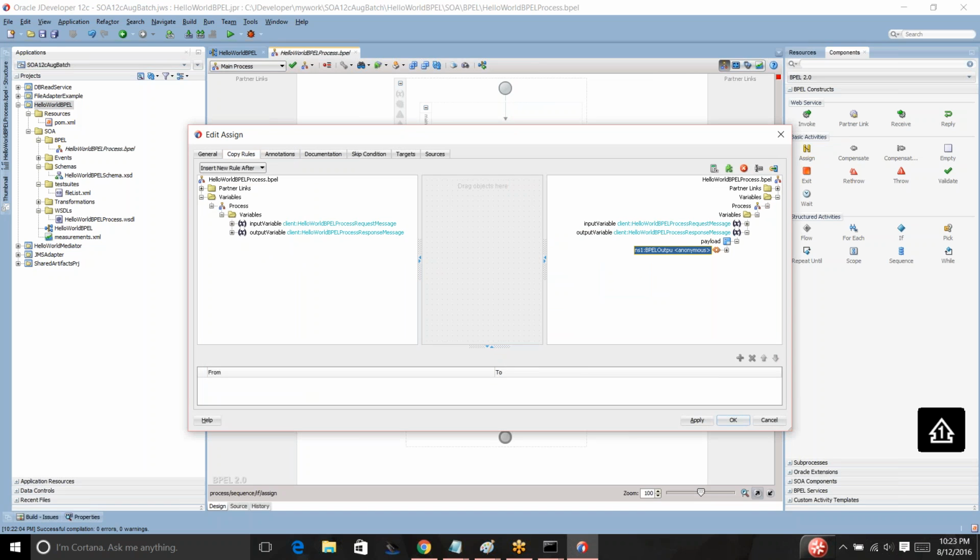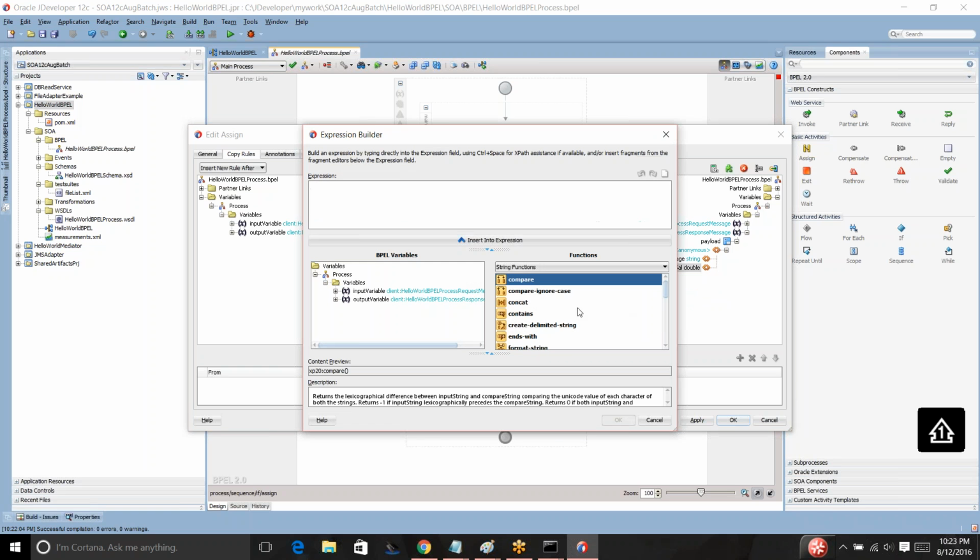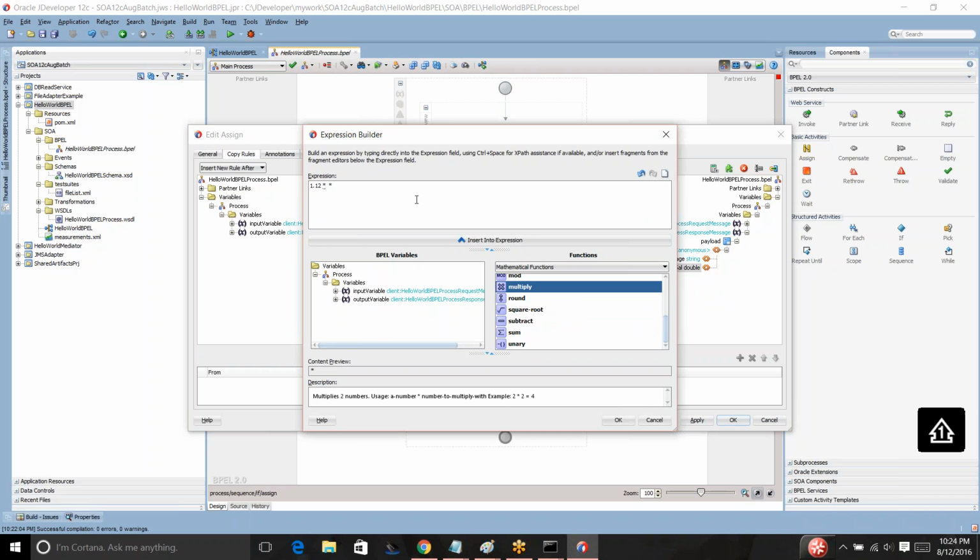And how much is it? It is 112% of input, right? So right click on this expression. So it is mathematical functions, and what is it? 112%, right? So 1.12 multiplied by, so multiply is nothing but a star icon, as simple as that, of your salary. Okay,